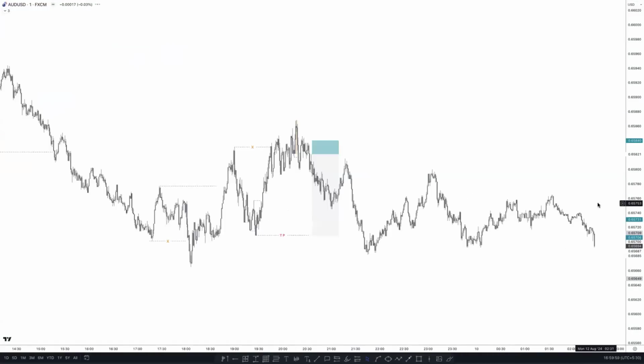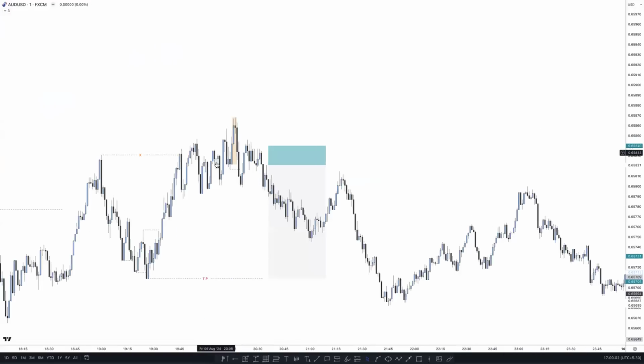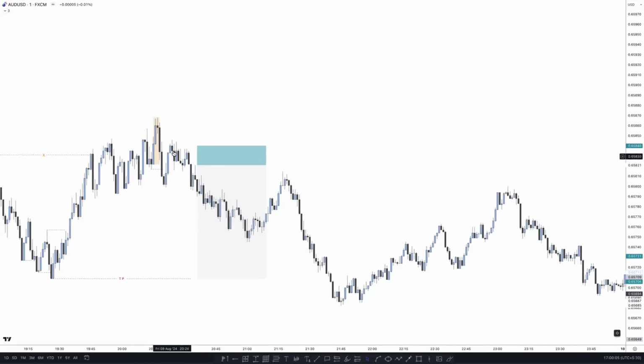Immediately after sweeping this one, I switched here to a lower time frame, created this choch, pushed downside, and after that pushed downside, and I tapped on this entry right here, and then again I entered the next position right here. So I took those two setups here. First one was here, put the stop loss just above the high and target around here. Right. And one trade I lost in Euro USD, that was also a sell. And this trade I took here.